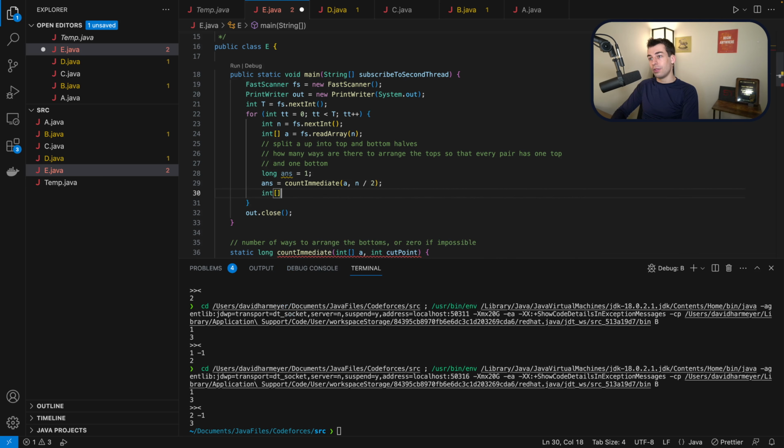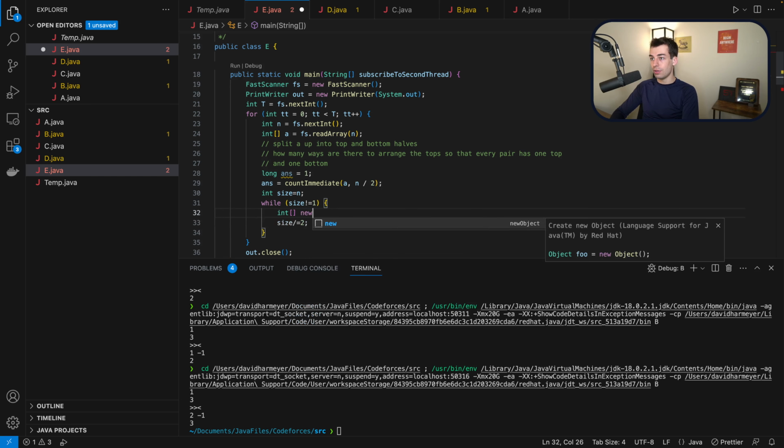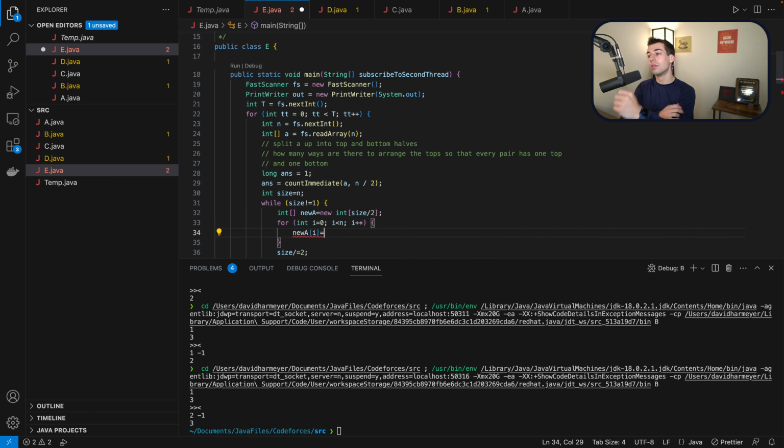All right, and then int array next. So, well, int size will be n, and while size is not equal to 1, we'll do some stuff. Size divided by equals 2. Stuff is new a, new int array size over 2. So new a at I equals... this is kind of annoying. Okay, so if they're both fixed,